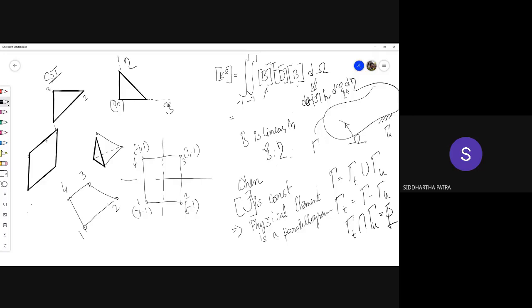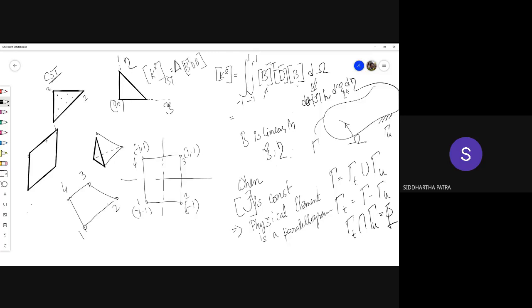Now, obviously, this product would be quadratic in xi and eta because B comes twice. But then the integration becomes very difficult, because first of all, you'll have to multiply each term. So if you want to integrate this thing symbolically, such a problem was not there in the CST element, because in case of the CST element, the B matrix, the D matrix, and everything was constant, which means you could simply write K E for the CST element as the area of the triangle, times B transpose D B, because that value is the same everywhere within the element, because it is constant,